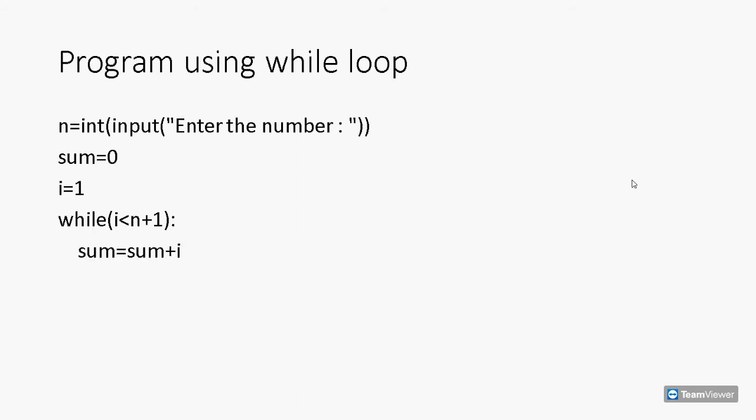Now the first number in i will be 1, that is the first odd number, and we want it to be added to the variable sum, thus the above statement. i = i + 2. Now to generate the next odd number, we are incrementing the value of the variable i by 2 inside the loop. print(sum). At last, to print the final value of the variable sum, we are using this statement outside the loop. Let's see the program in Python now.